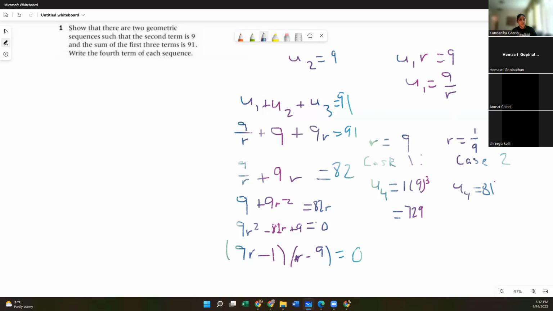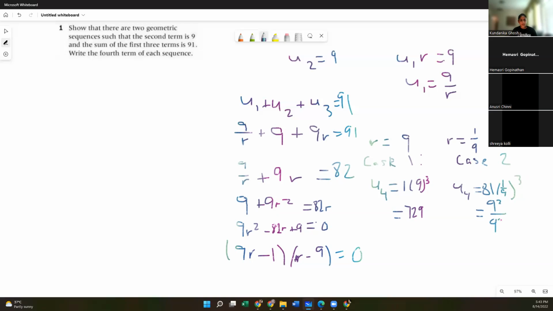81. And then again, you put in your common ratio, which in this case is 1/9. So 1 over 9 to the power of 3. Now this is something you can just plug into your calculator, or you could do what I did. I saw that 81 is just 9 squared. So 1 to the power of 3 is just 1. So you have 9 squared times 1 over 9 to the power of 3, which is just 9 squared over 9 to the power of 3. Does everyone see how that works?